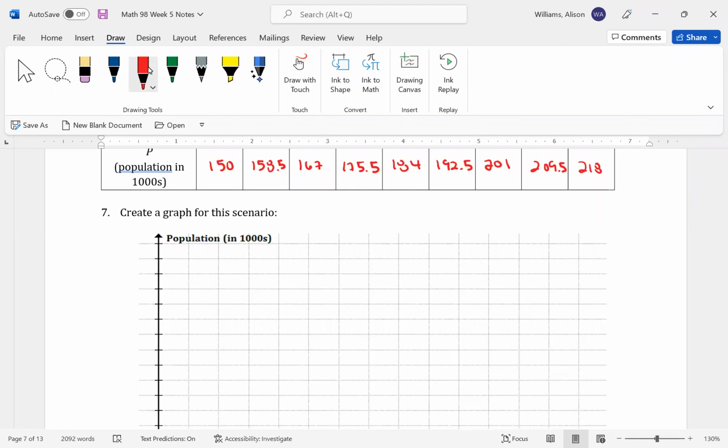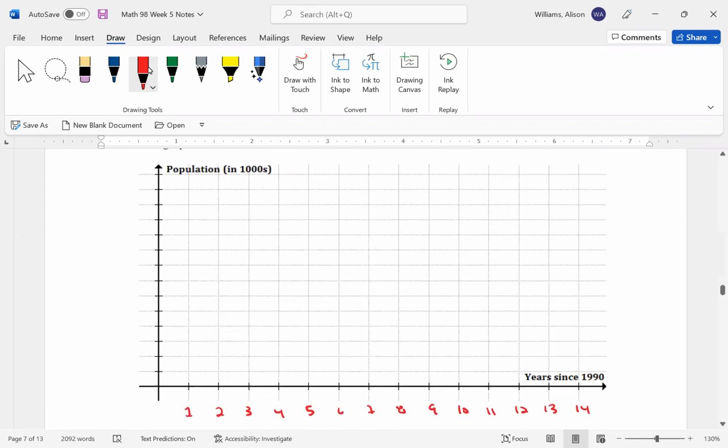So maybe I'll go by 20s. 20s aren't too bad. We'll go by 20s each time. So first one here is going to be 20, then 40, 60, 80, 100, 120, 140, 160, 180, 200, 220,